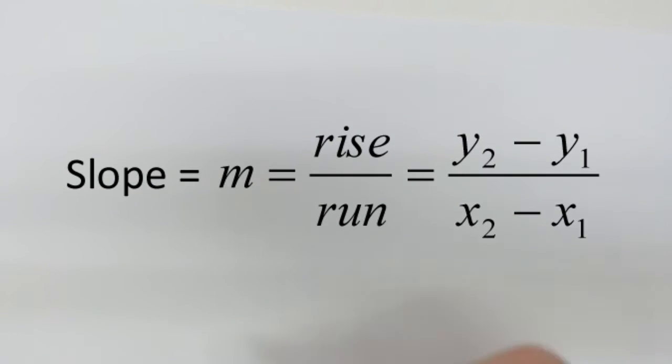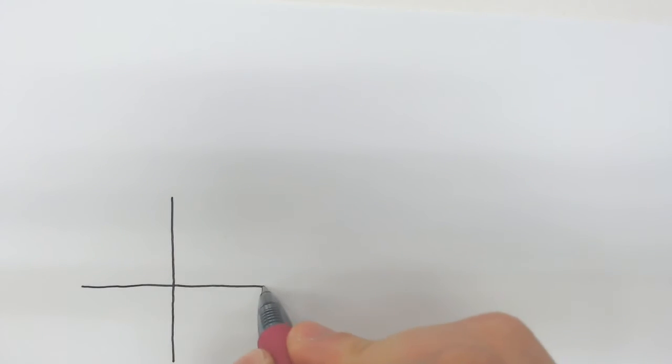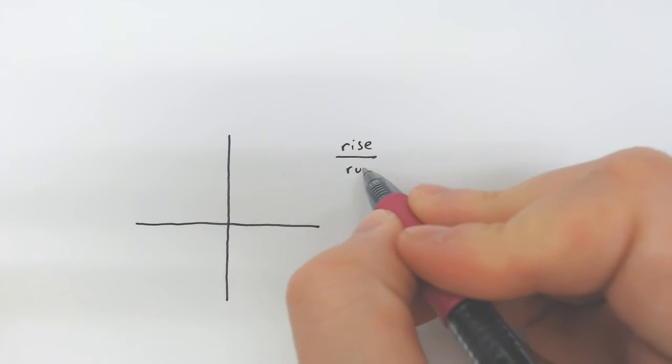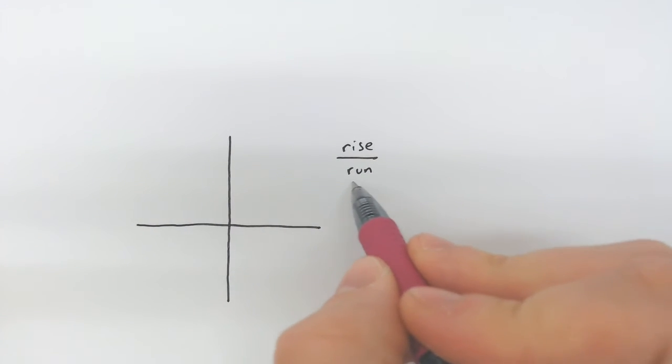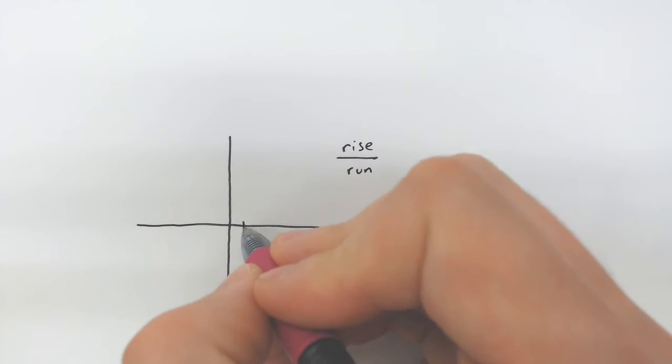So first off, we need to actually understand what slope is. Slope is technically the rise over the run, and the run is always going to be to the right, and the rise is: are you going up or down? So if you're given a random line